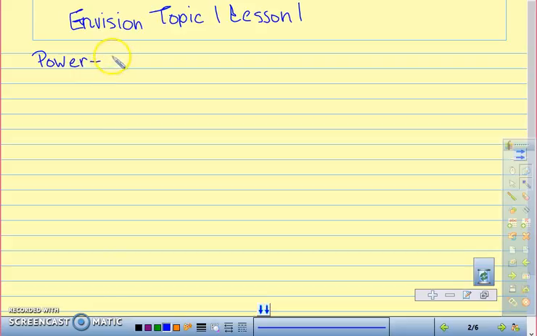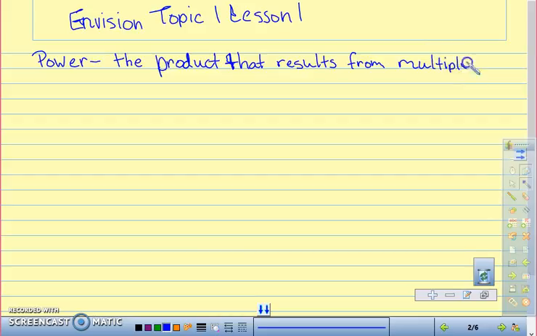And power just means that the product, and remember product is a multiplication answer, results from multiplying the same number